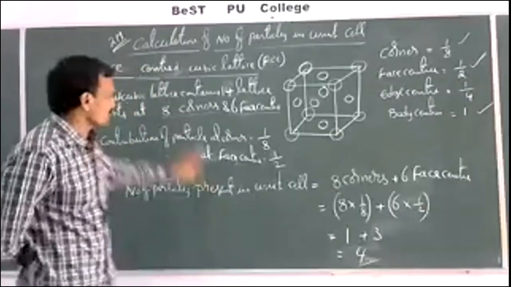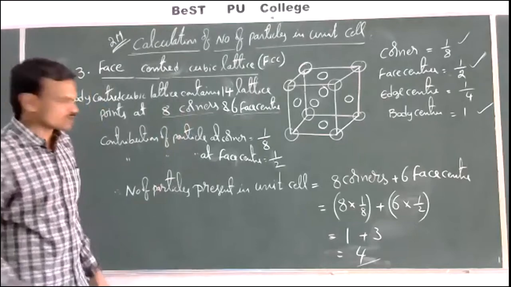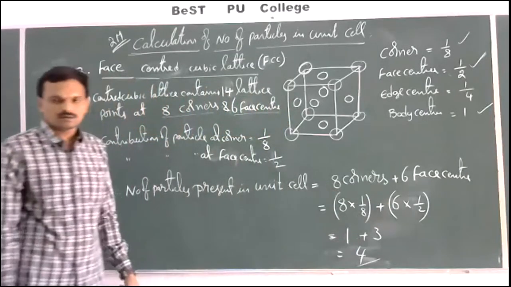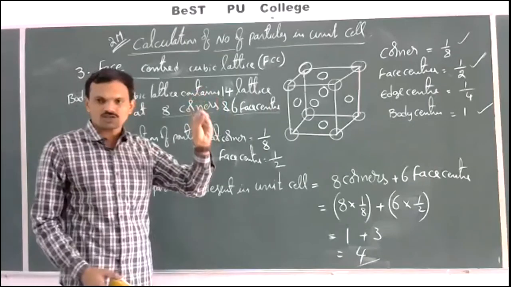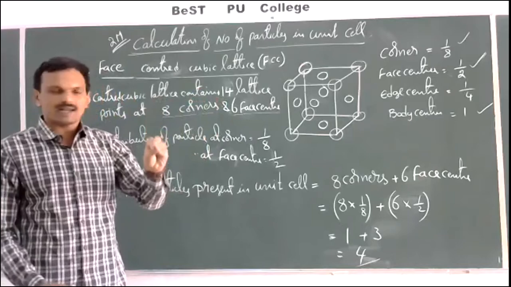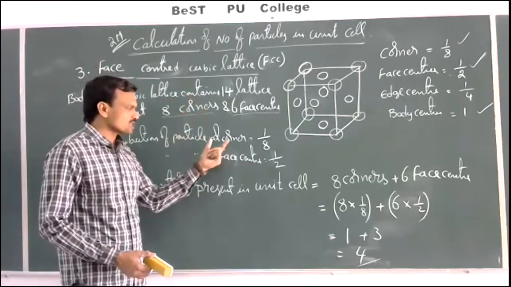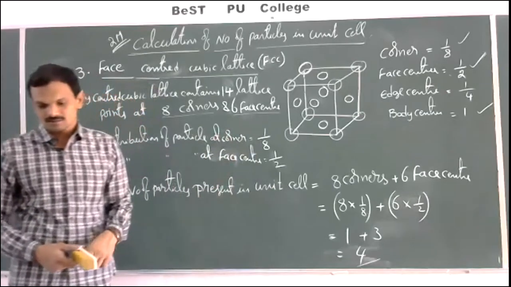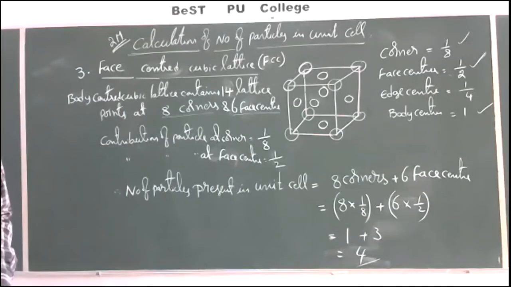So like this you should write in an examination. If they ask for the calculation of number of particles, don't write directly like this. You will not get full marks, you may get 1 mark there. So if they ask any lattice calculation of particles, first you should mention what is the position of the lattice points, and then you should mention what is the contribution of that lattice point, and then go for the calculation of number of particles. So this is a very important one. Almost every year they are asking a 2 marks question.